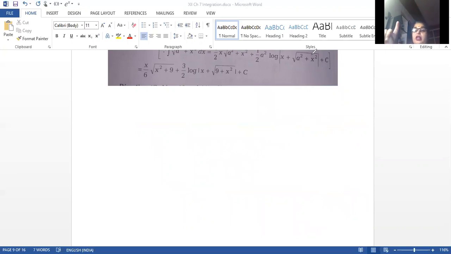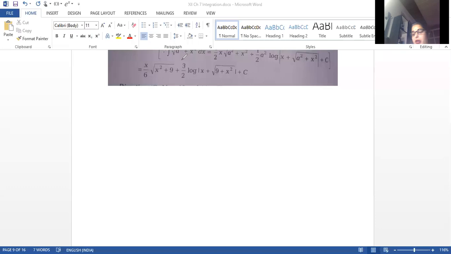But in definite integral, we always get a perfect value. Clear? There is no c kind of value, there is no constant which will change. It means for every differentiation you will get a perfect integration only. Only one and only one integration, because we are specifying the limit, so you will get a perfect value. Clear? This is the only difference. And what does integration give you? It gives you the area under that curve with the ordinates x is equal to a, x is equal to b, and the x-axis. Now there are some properties.